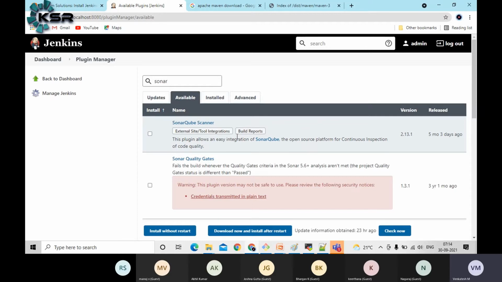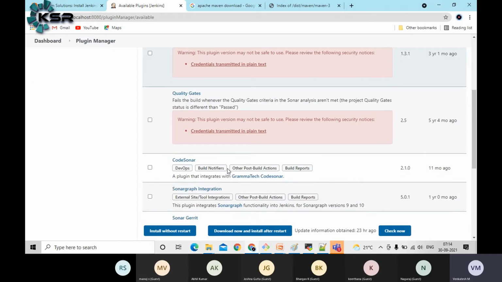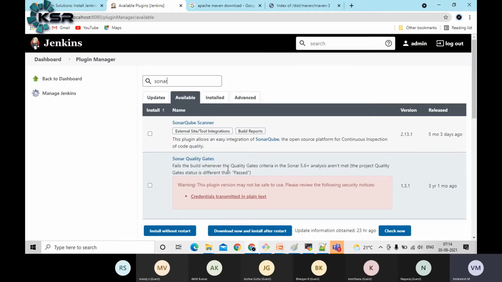So in Jenkins we have the plugins. Based upon your requirement, you can search for it here. Say I want to use SonarQube, or I want to try a different approach. Any new tool also, if the feasibility is there, directly what you can do is install the plugin here and restart the Jenkins service. Then whatever feature you have added will come into the picture.